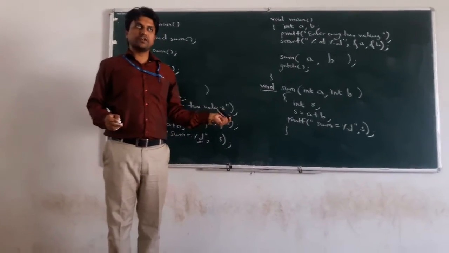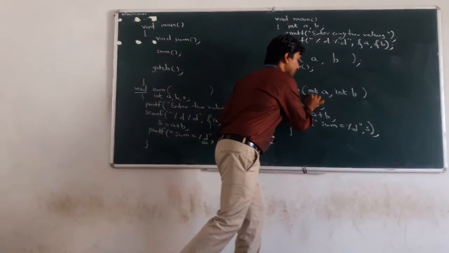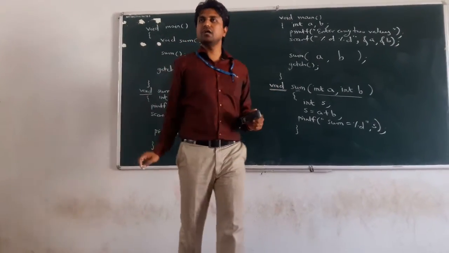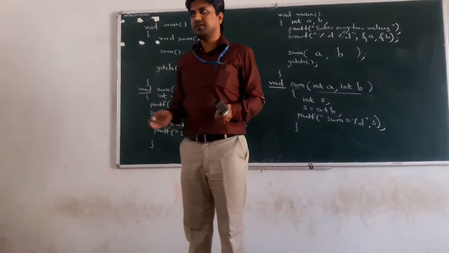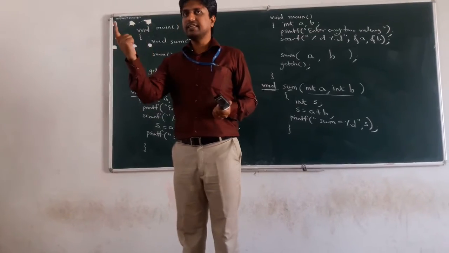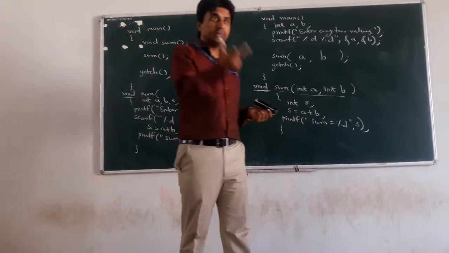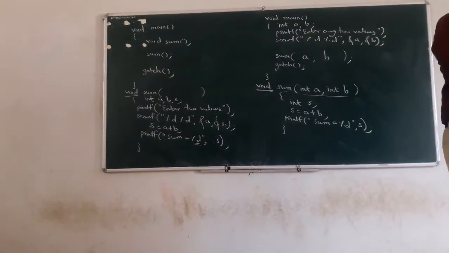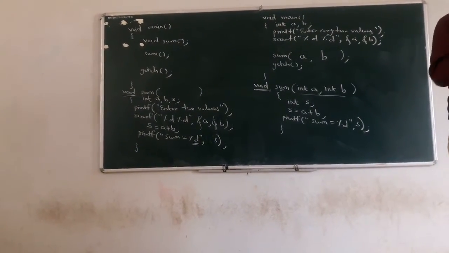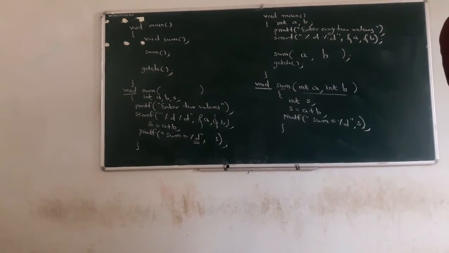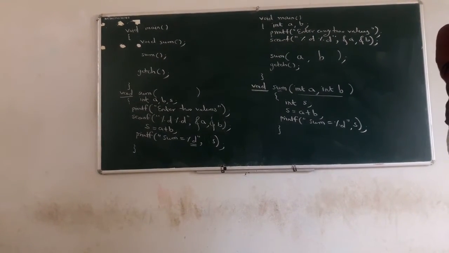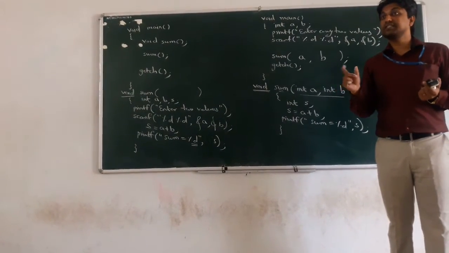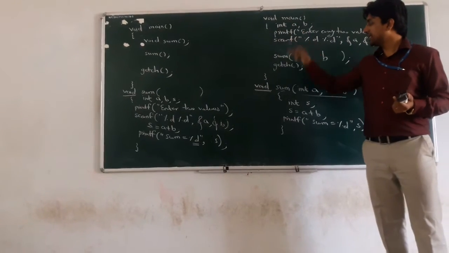This is another type of function, called function with argument list without return type. That is the second type of function. Clear? The function is the same, the responsibility is to make the addition of the two numbers. But who provides the values, or does the function itself take the values from the user? That is the decision. That is called communication, or in simple Marathi देवाण घेवाण between the main and sum